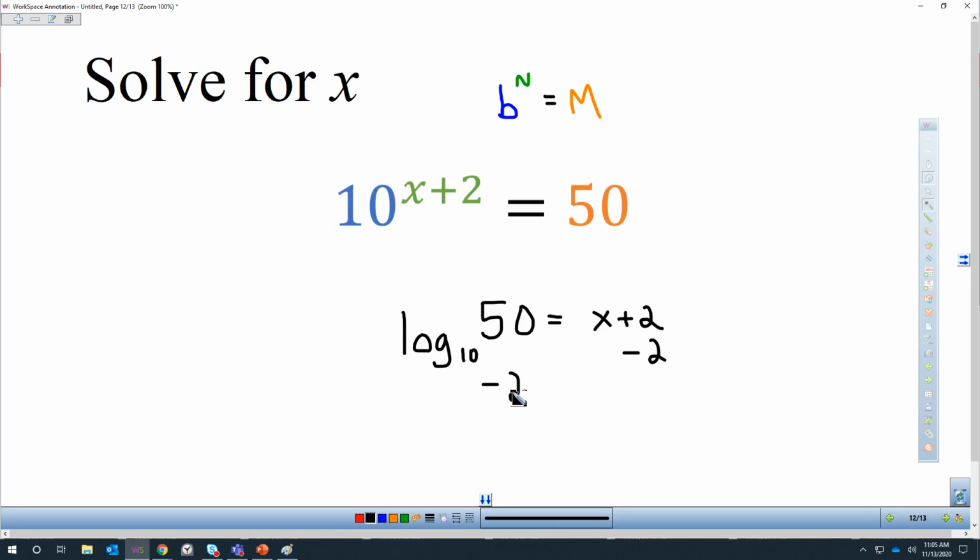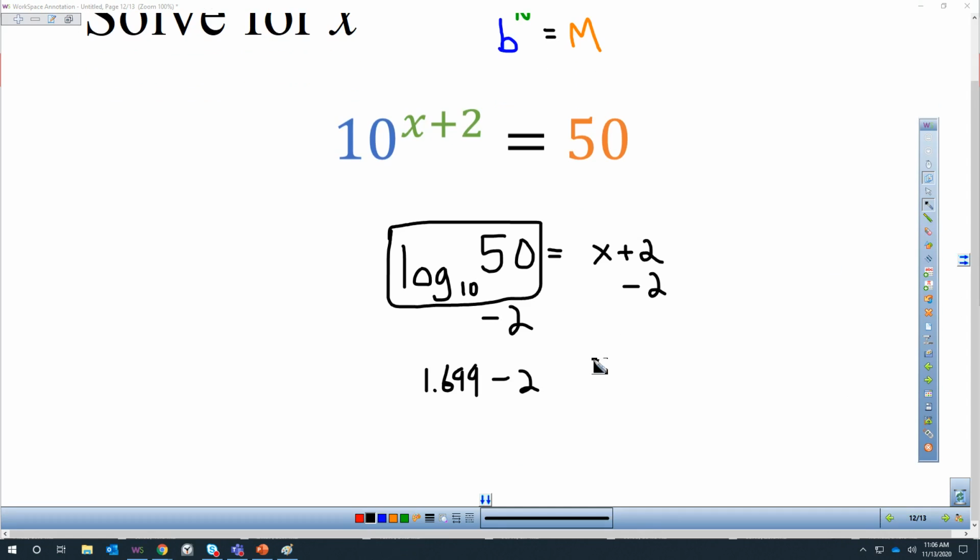Now be careful when you do that over here, right? So we're not taking 2 from 50, we're taking 2 from log base 10 of 50, which we said earlier is 1.699, right? So we're subtracting 2 from that. What I like to do though, instead of rounding, because sometimes that gives you more error than you would like, we're just going to type it as log base 10 of 50. Just make sure we're saying that 50 is the only thing in there,